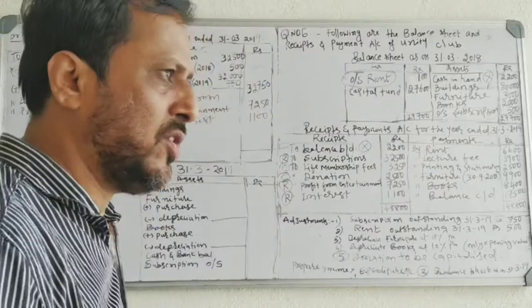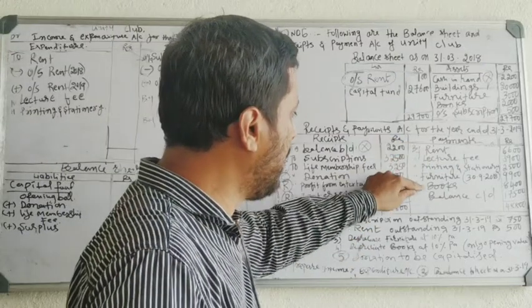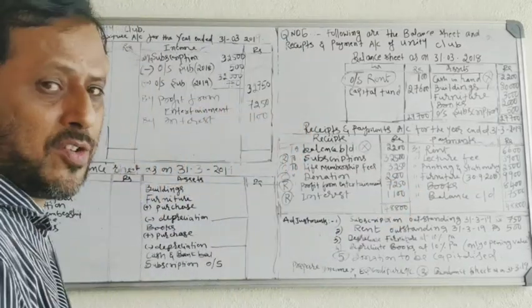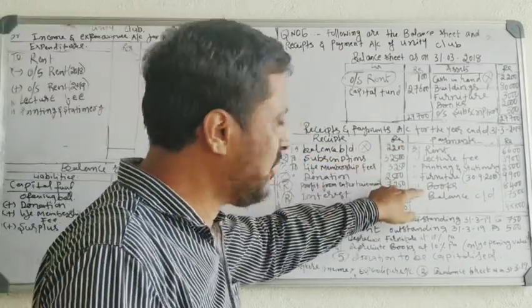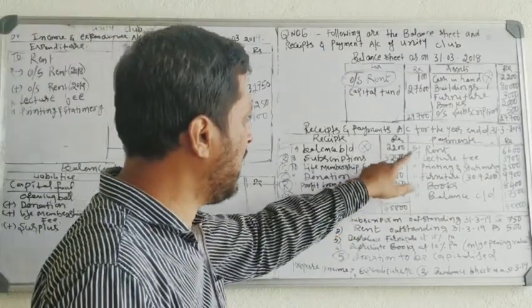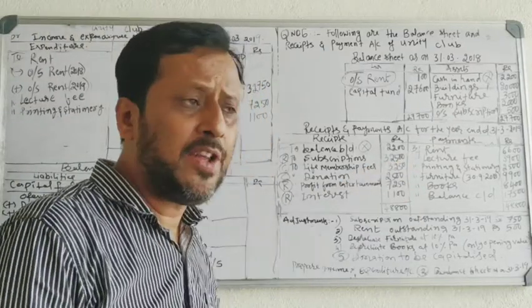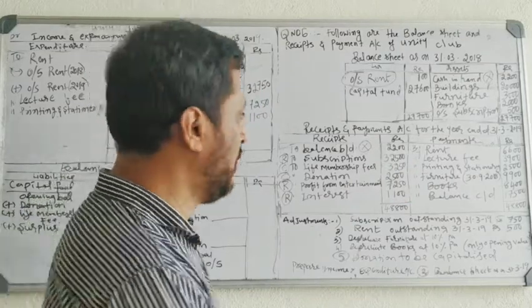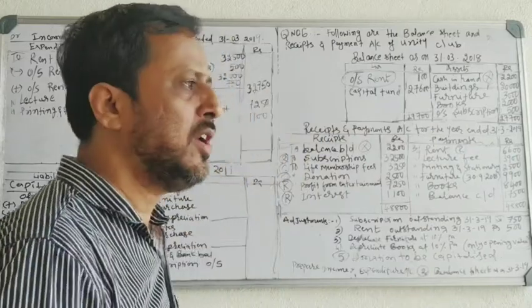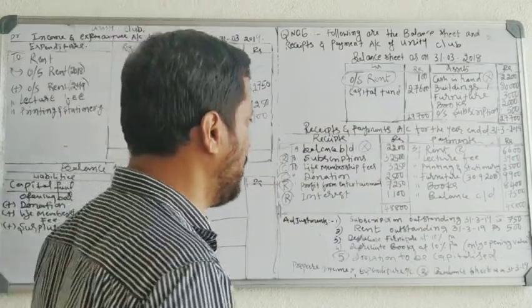Payments means expenditure. Okay. So you have to take revenue expenditure. Revenue expenditure is recorded in the income and expenditure account. And whatever the assets are, record them in the balance sheet, asset side. We'll see. Rent. Rent is paid every month, regularly. So that is why it is a revenue expenditure.